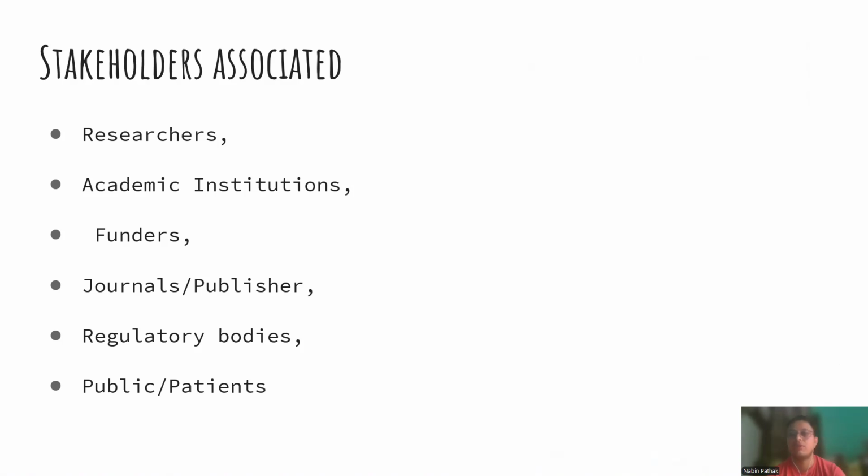So, for example, if you are a funder and you fund certain kinds of grants to certain researchers, you want to make sure that the researcher or the principal investigator publishes the paper through your grant in a very impactful journal. And the journals and publishers also have certain roles in establishing themselves as not predatory. They need to make sure of, or remove, any doubtful thoughts that they are predatory indeed.